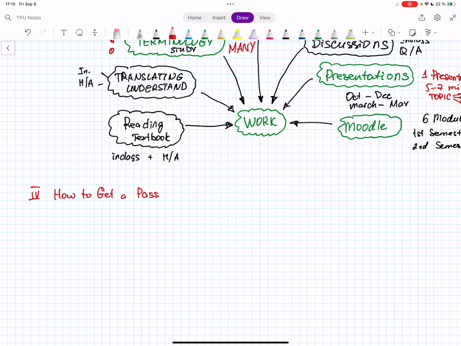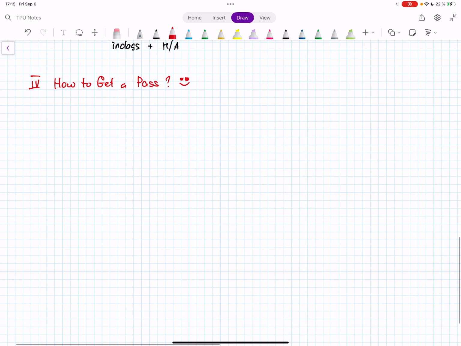In other words, how to get a happy face for this course. In order to get a pass for the course, you will need to do 4 things.